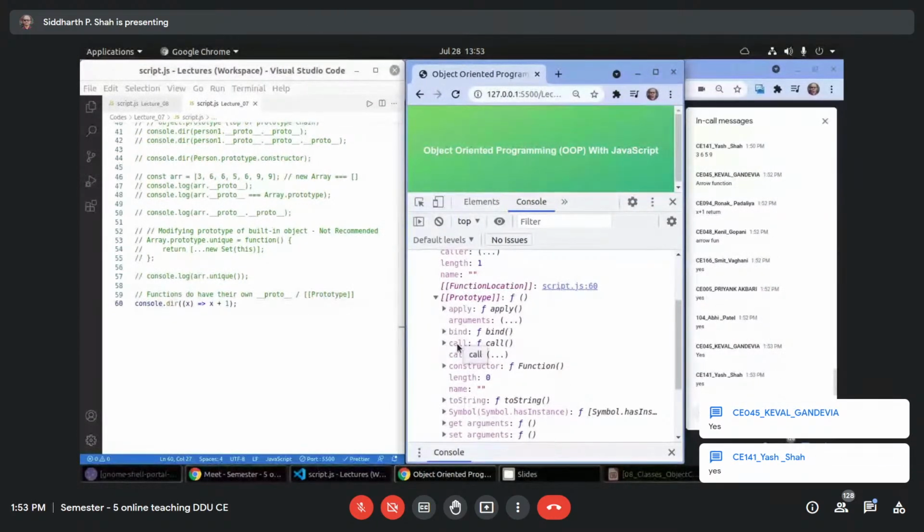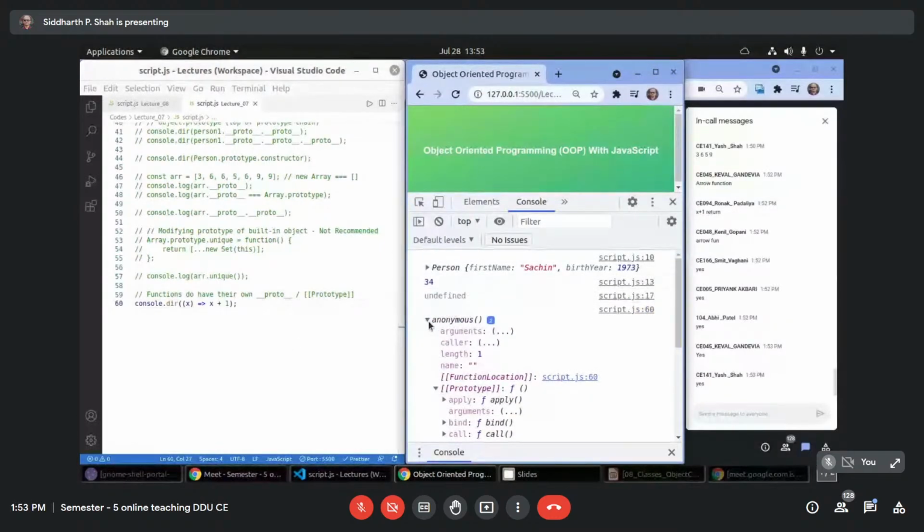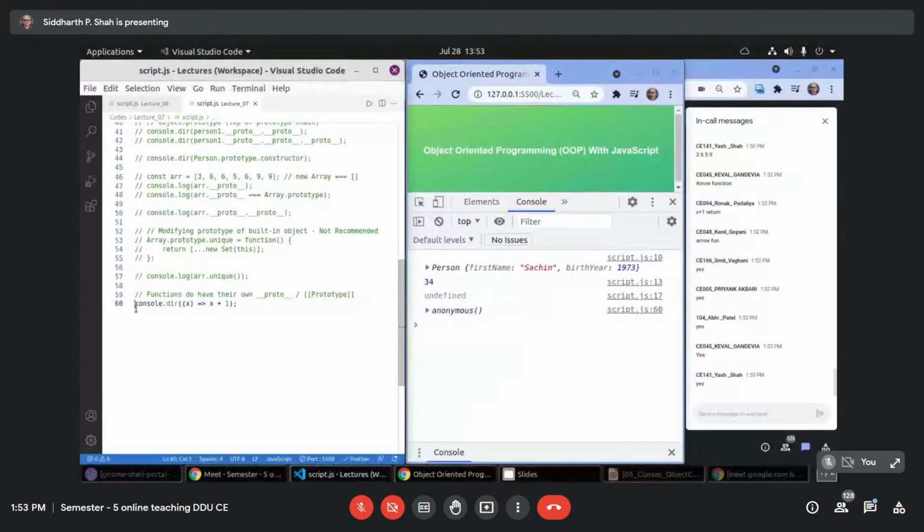Because every function has its own prototype attached to it, and that prototype contains those methods. That is why it is possible for any function to call apply, call or bind. I hope now this makes some sense to you and you are getting the idea.